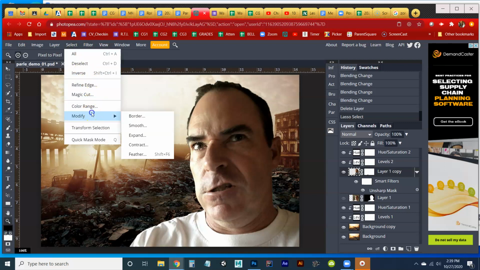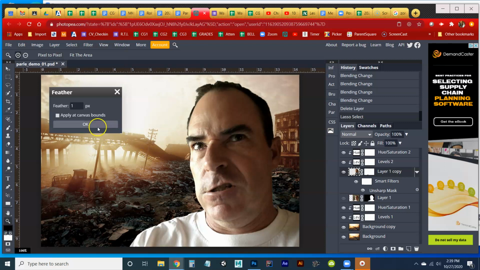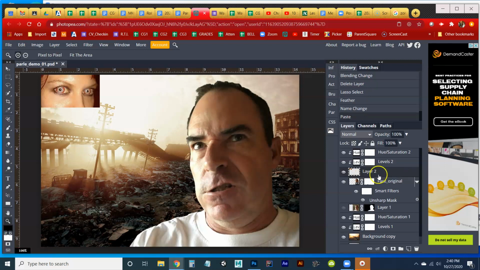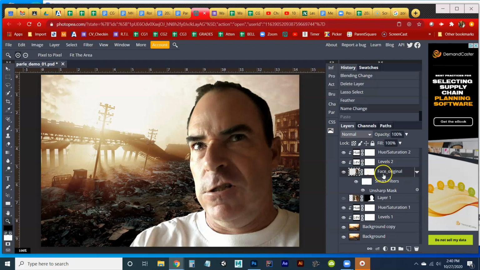Generally, I like to feather my selections because I've found that not feathering them, typically you end up with something that has really hard edges and you don't want that. Okay, so now I'm in my layer one copy layer, which I probably should name face original. And I'm going to paste. Oh, that's not it. I didn't copy it. I'm going to copy it, Control C,